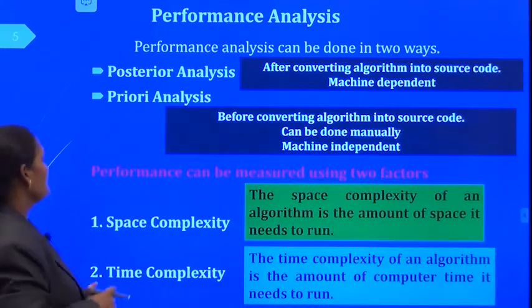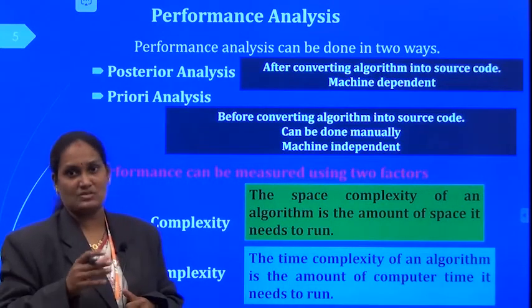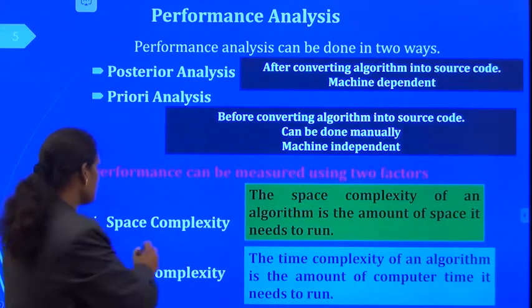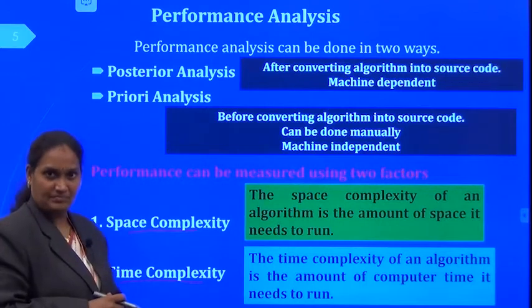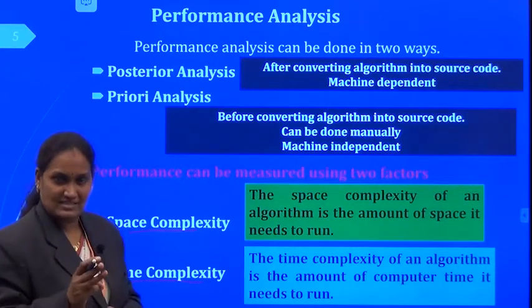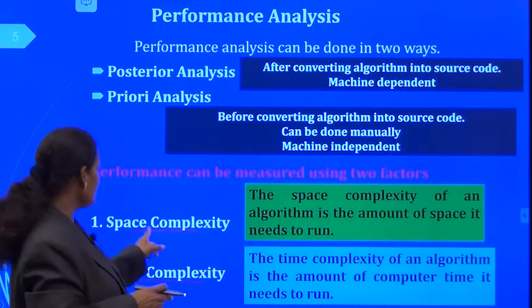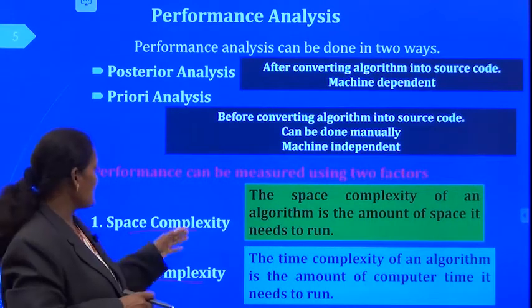Now let us see the factors that we need to consider to analyze the performance of an algorithm. Here we are considering two factors: one is space complexity and the other is time complexity. What is space complexity?